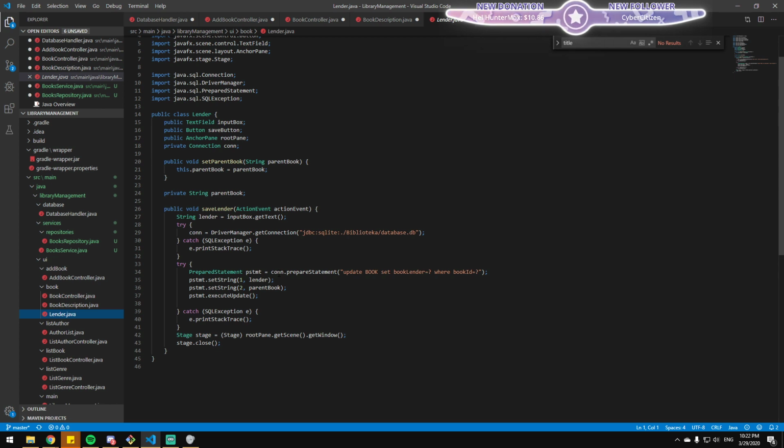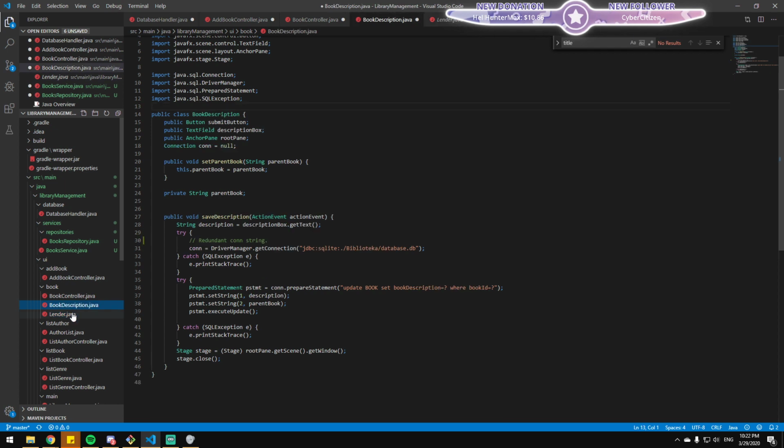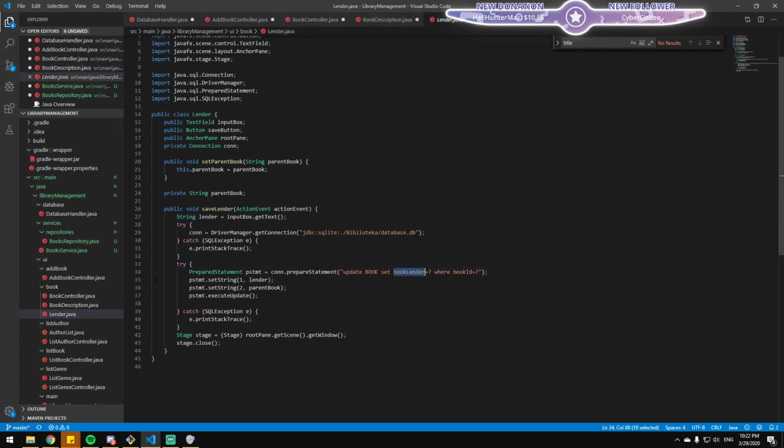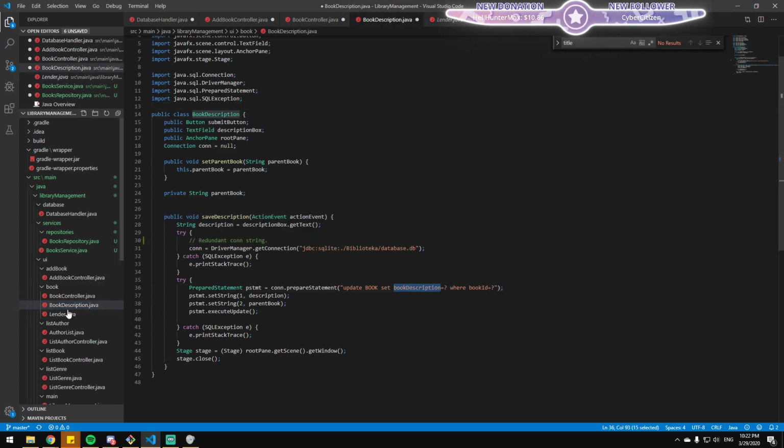You should have a book model, and that should have title, description, with a bunch of get and set methods, and then just use that. So you have a book, and then you have a book controller. That association is fine, and whenever you need to, you just use that book model. And this looks identical. It's literally just copy pasted, except that book lender is replaced with book description.